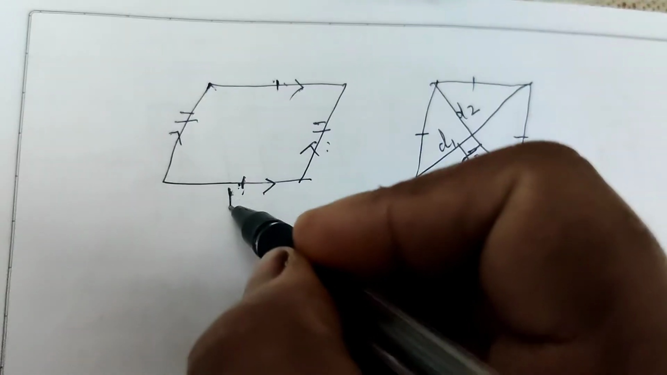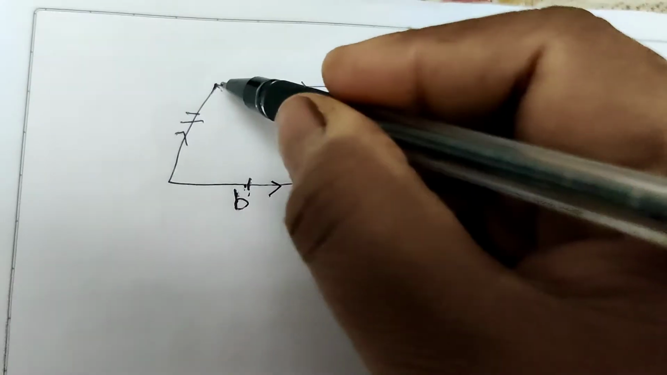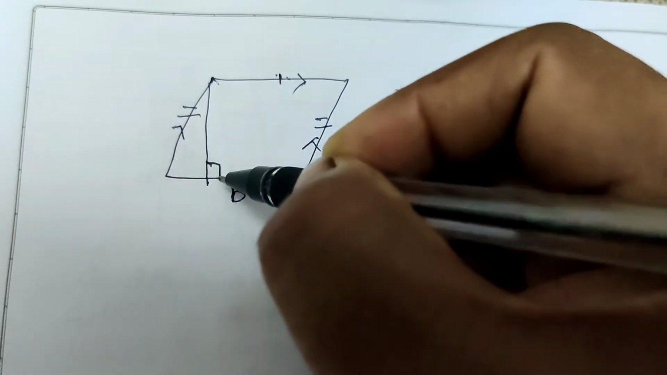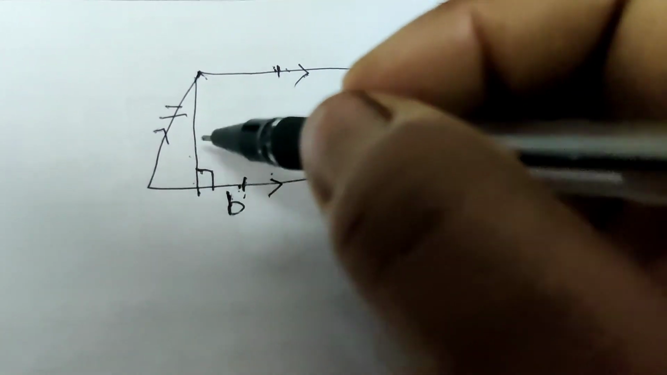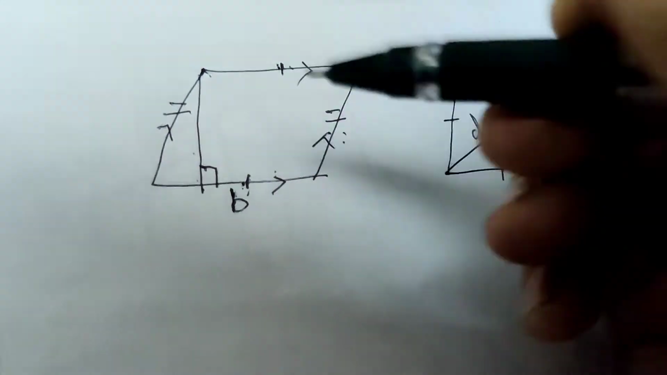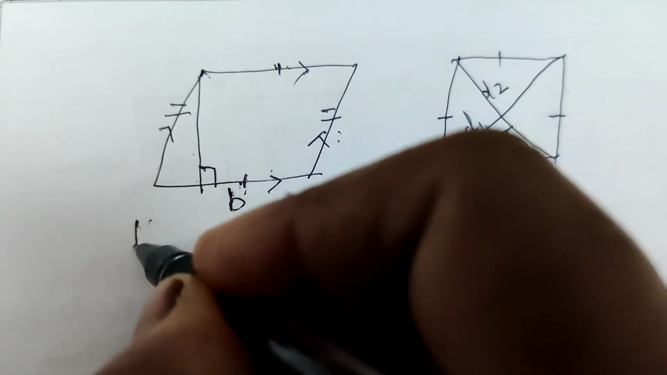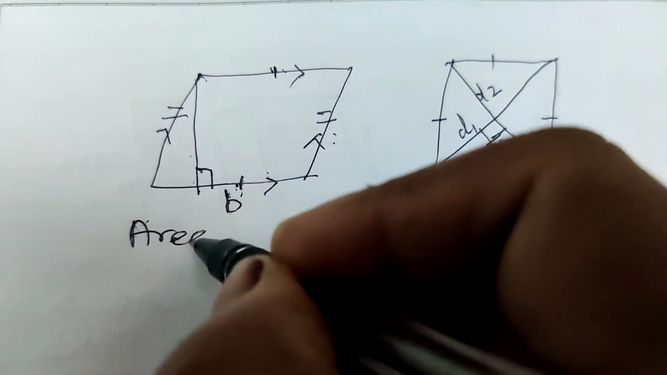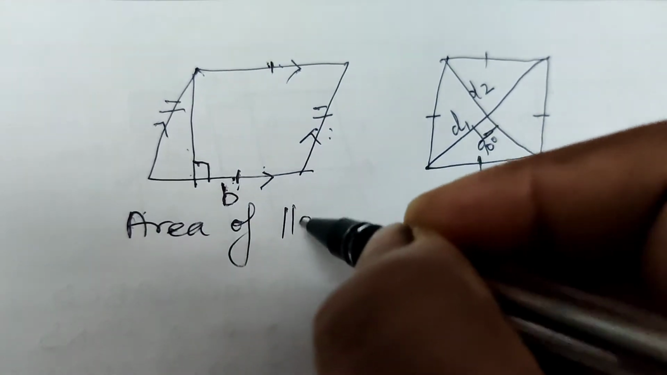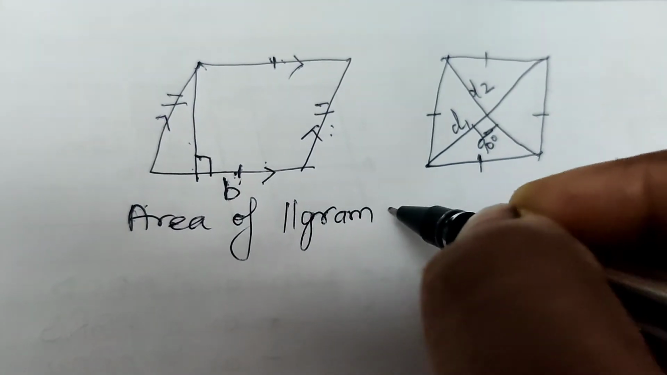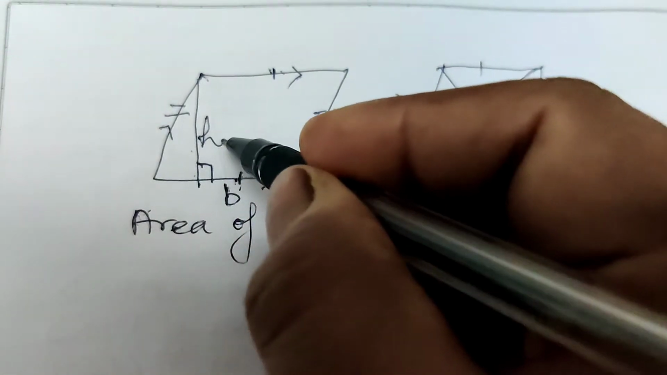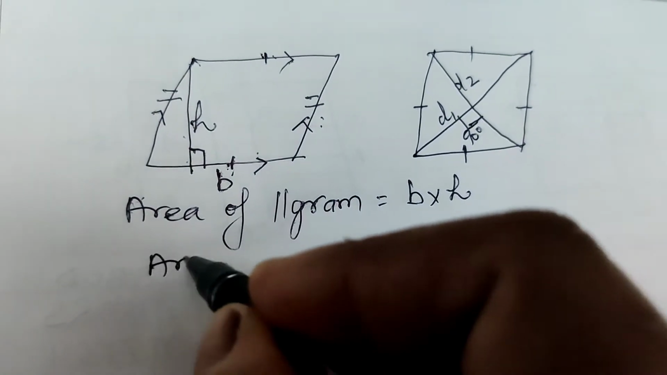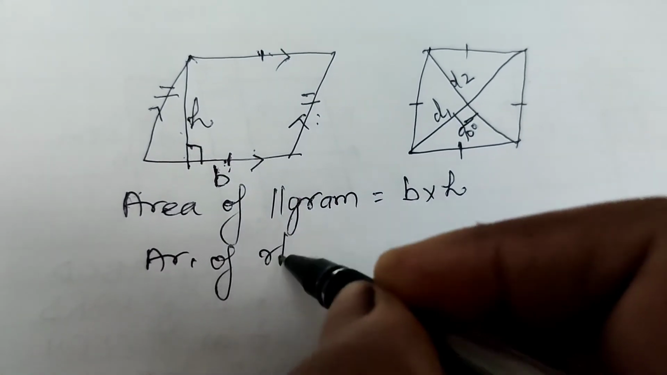इसमें भी क्या है? ये base of parallelogram and this is the height of parallelogram. Perpendicular distance between two parallel lines is known as the height or the altitude. Now the area of parallelogram formula: area of parallelogram equal to base into height. And area of rhombus,